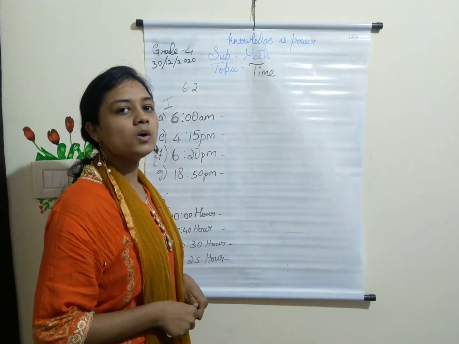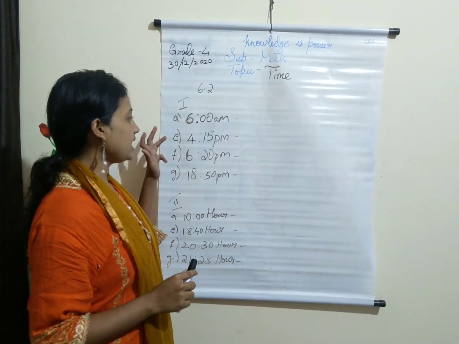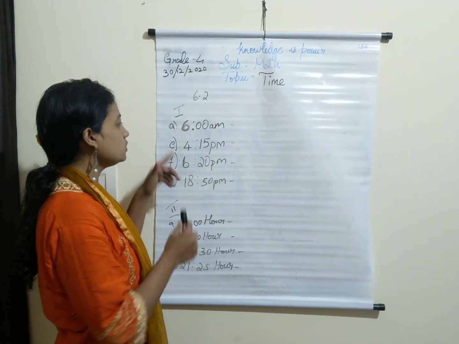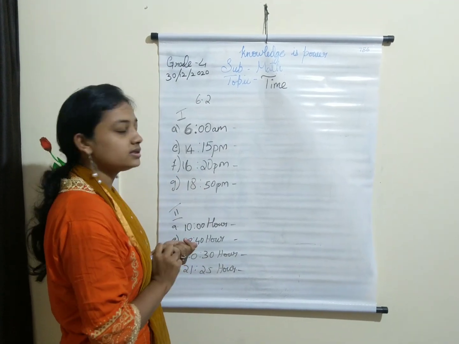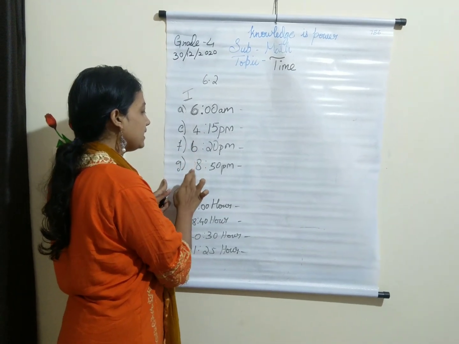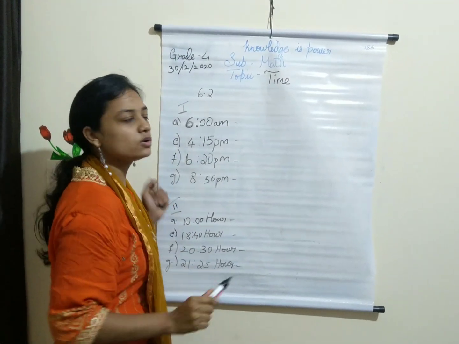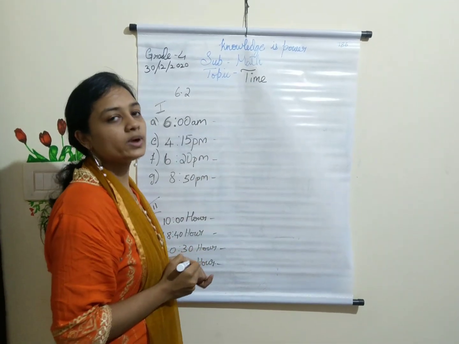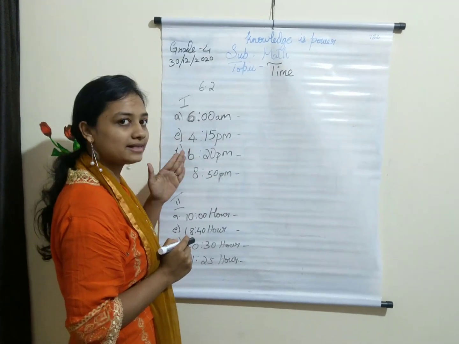Before going to start, let us make some small corrections. In exercise 6.2 first main, E, F and G, you have here 14, 15, 16, 20, 18, 50. This is not 14, 15 children, it is 4, 15, 6, 20, 8, 50. You have to scratch out the one beside that. Because the questions are in 12 hours time, we have to convert them into 24 hours. So in 12 hours, you can't have 14, 16, 18. So just scratch that one.